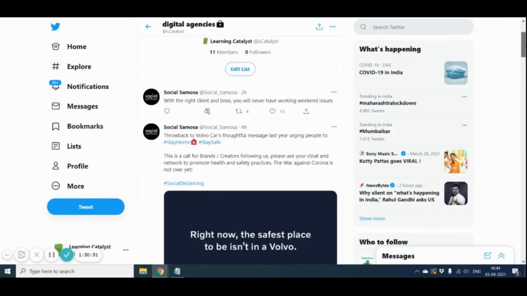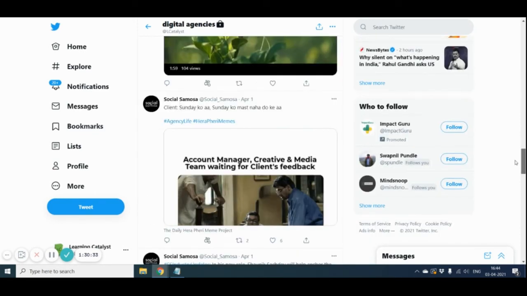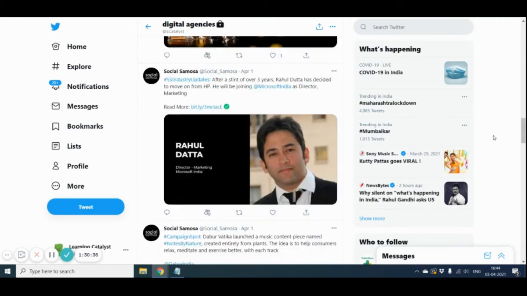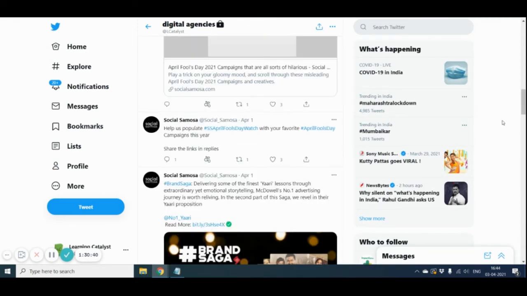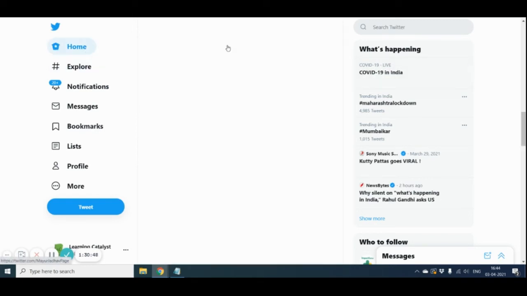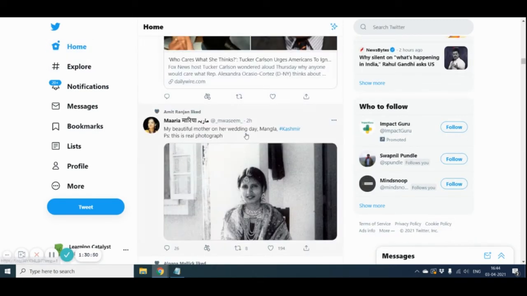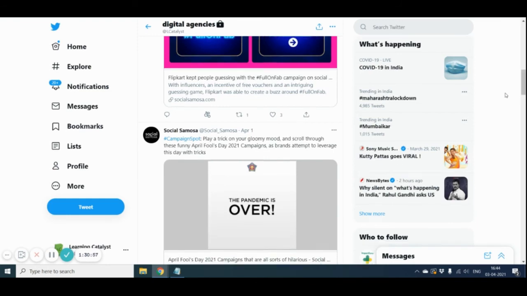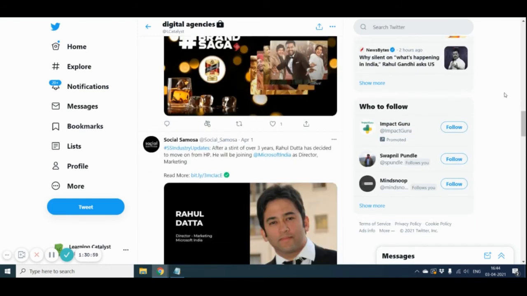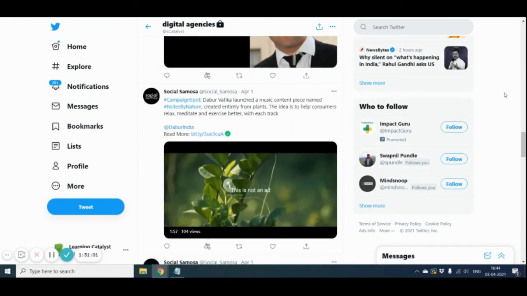So this can be a good way to, for example, track competitors. If you make a list of competitors and log in and check what is happening every couple of days, it's a very good way of getting to know what your competitors are up to, rather than them being mixed up somewhere in the home feed. If you make a list and in that list you just put those 10-12 people, then you'll find out what's happening.